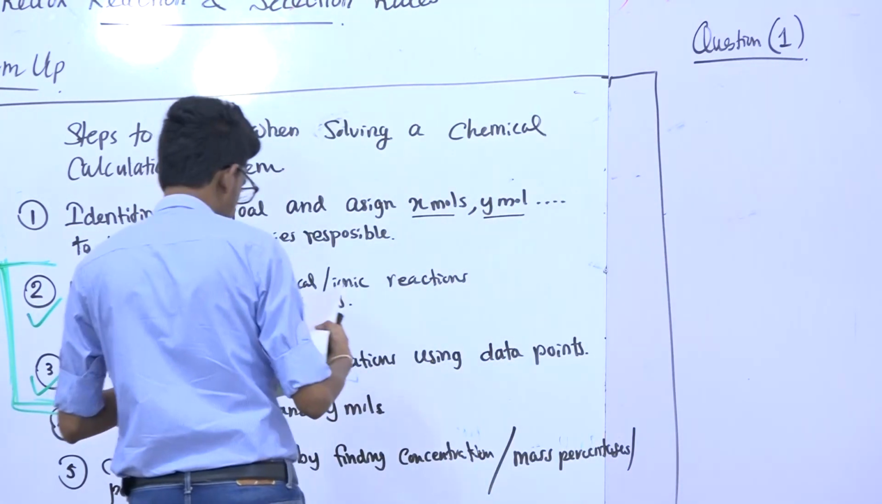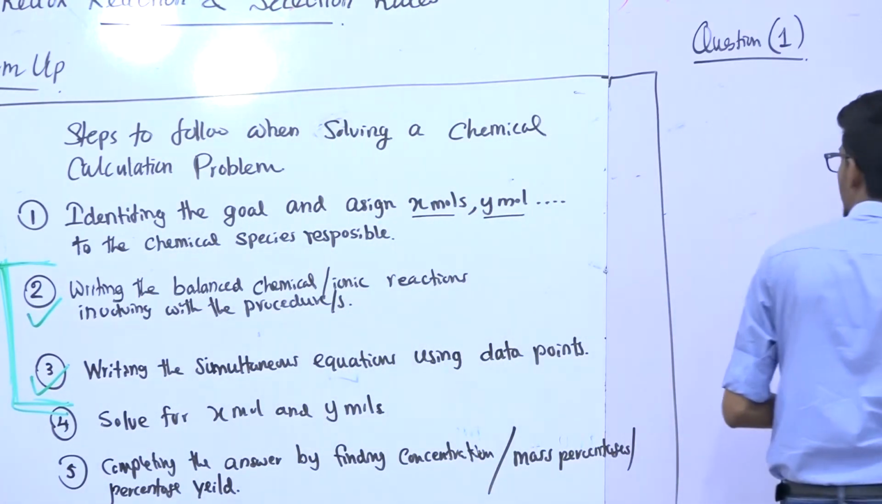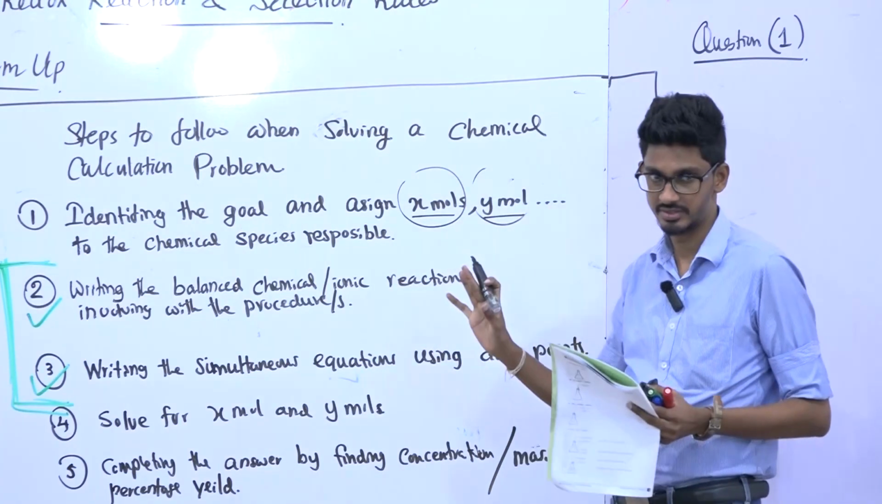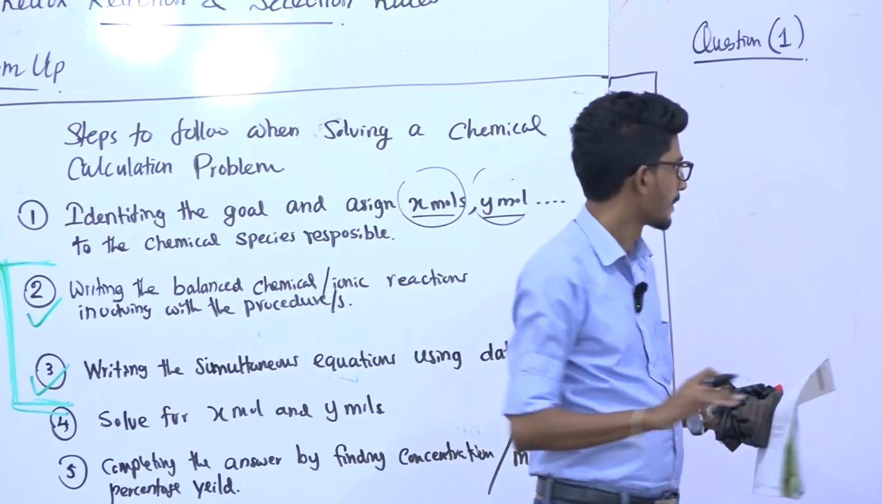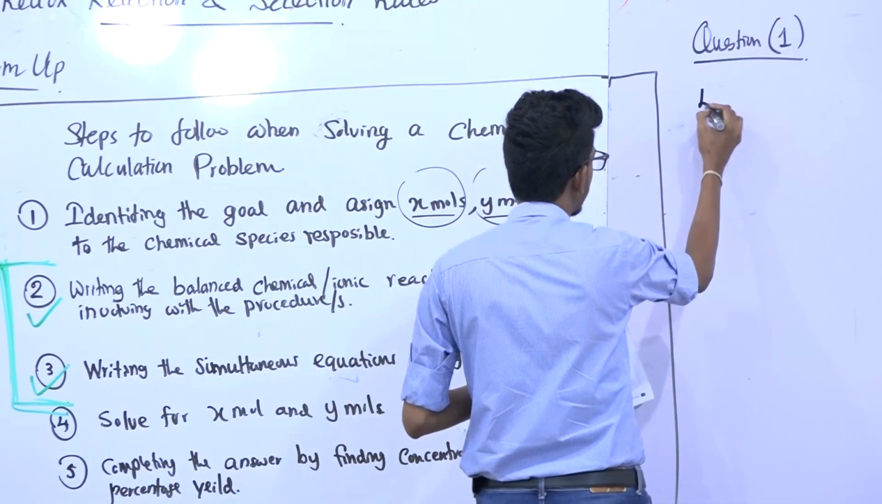This solution contains sodium oxalate and magnesium chloride. So the first thing is to assign x moles and y moles for the species of interest. Right? So find out the goal and assign x moles and y moles. So this is the first step. Let